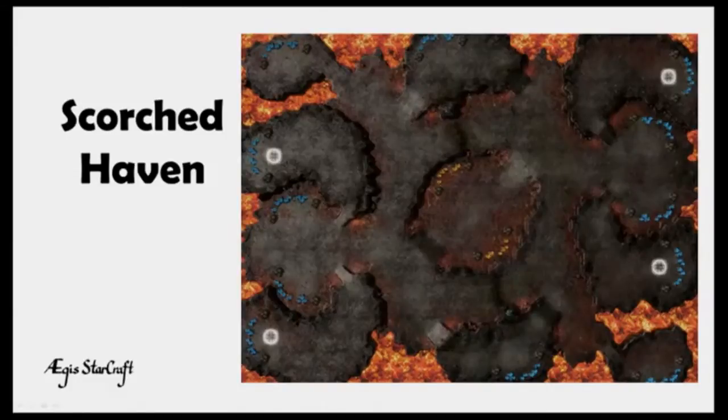Our third map is Scorched Haven. Scorched Haven is our 2v2 map. It is also a standard Blizzard map, and on these 2v2 maps we do note that you share a choke to your natural expansion, so if both of you are playing Terran or Protoss or some mix of those two, you can easily wall this off, and both of you can easily secure your natural expansion,